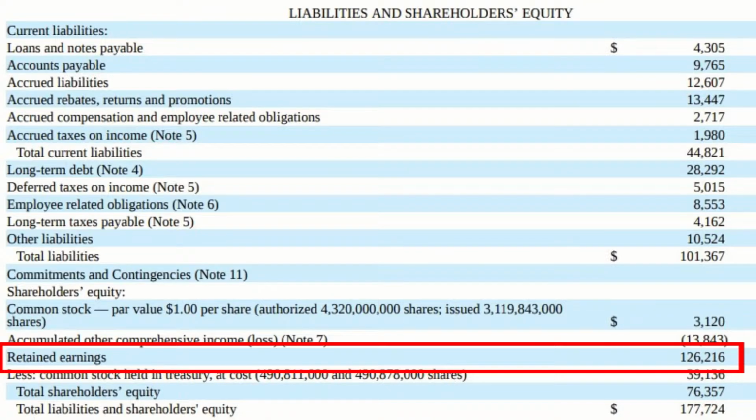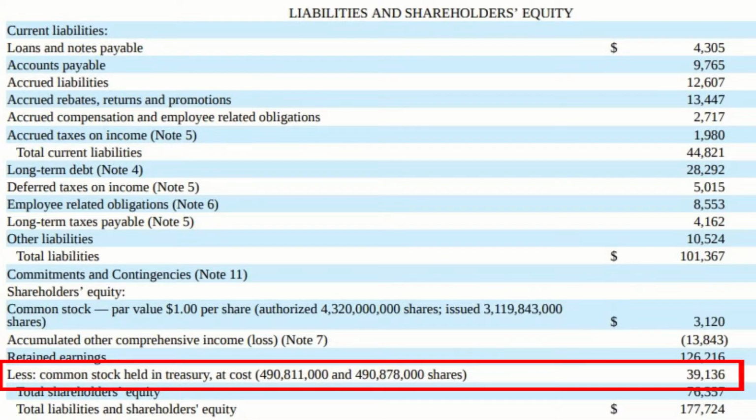Retained earnings are the next item, and these are incredibly important. Each year, a company produces a certain amount of net income, which can be paid out as dividends, used to buy back shares, or retained to reinvest back into the company. The amount that is retained to reinvest back into the company is added each year to this retained earnings item. So, if we can see a company steadily grow this retained earnings number each year, this is a good sign that the company is steadily reinvesting back into their business and compounding your investment for you. This is definitely one of the most important numbers on the balance sheet,